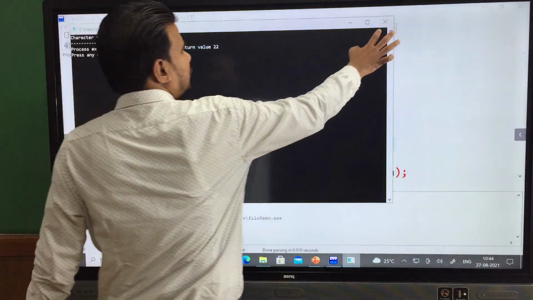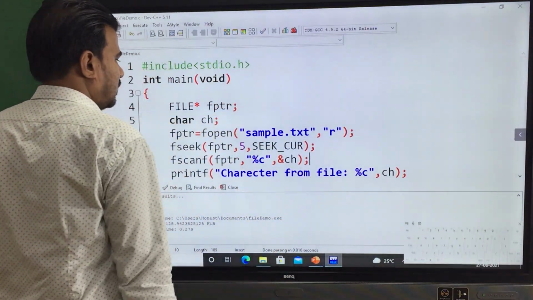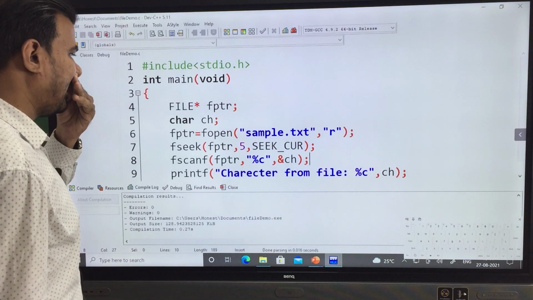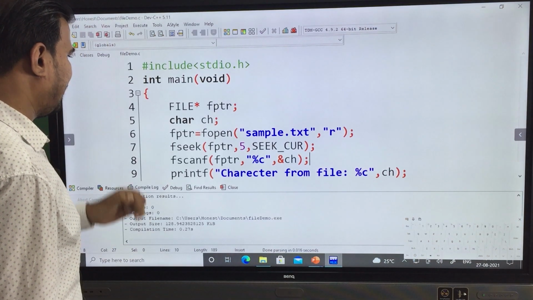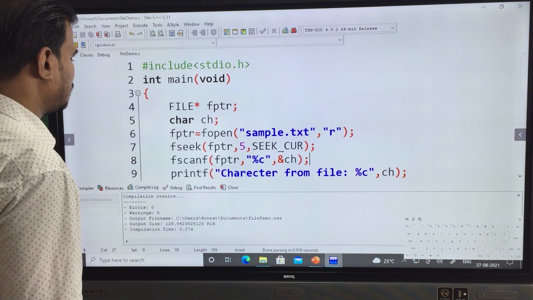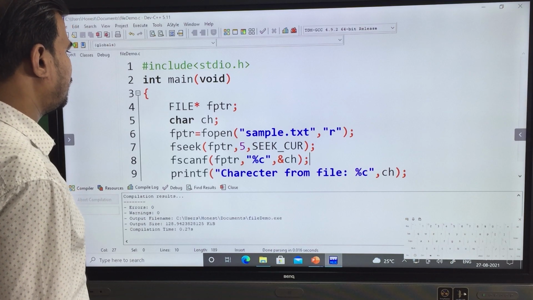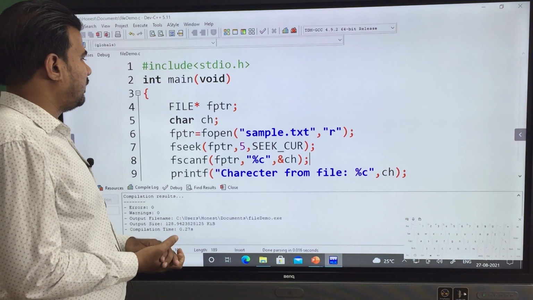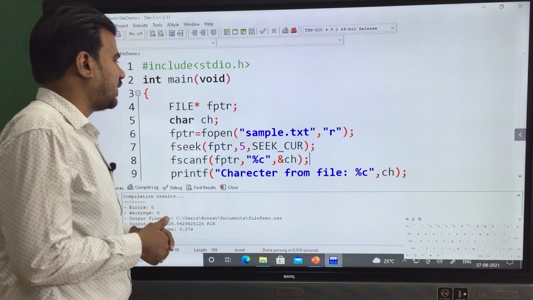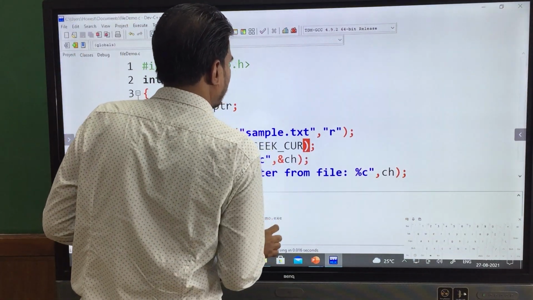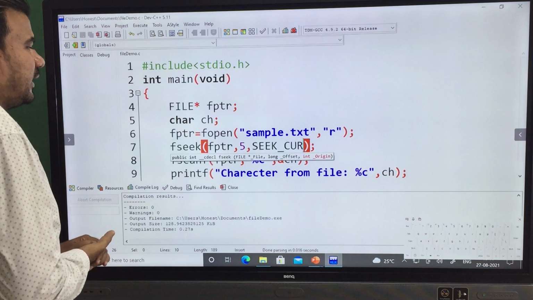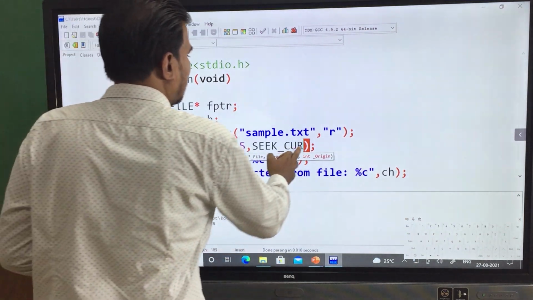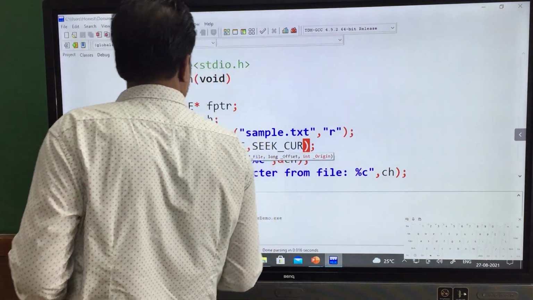There is some issue. From the beginning we performed a read operation, so we got it, but when we are performing from the end we are not getting it, and from the current location also we are not getting it.